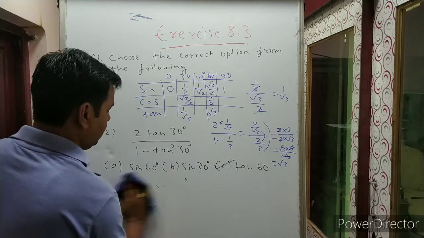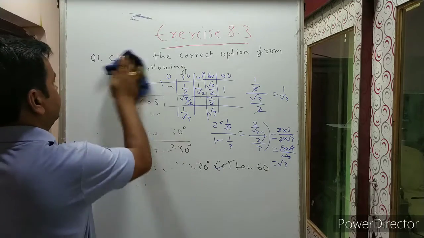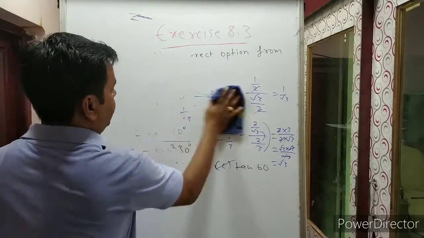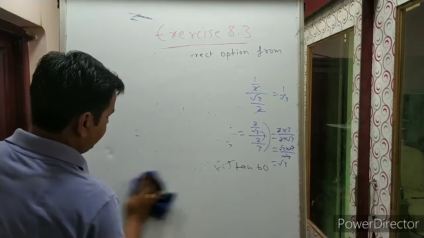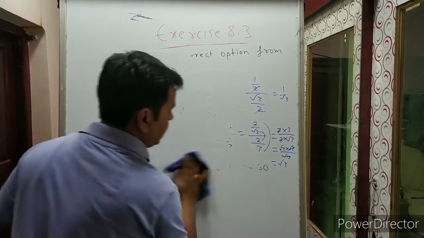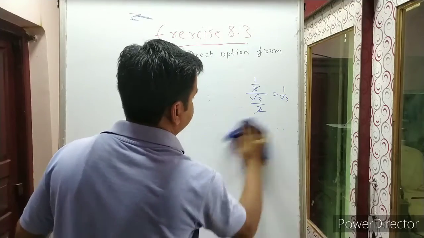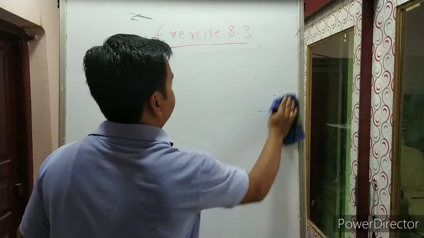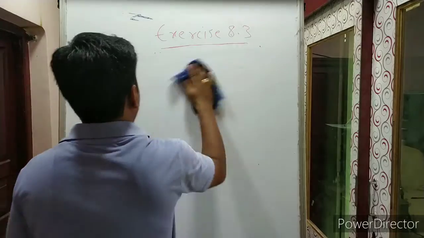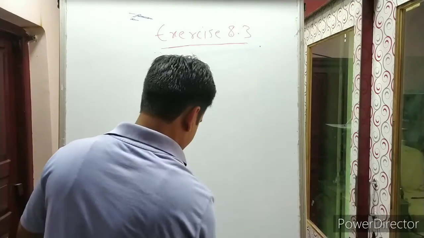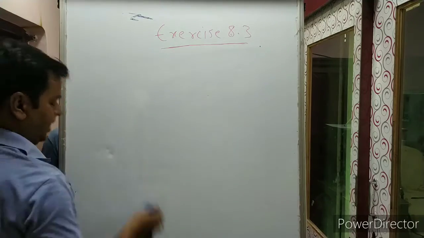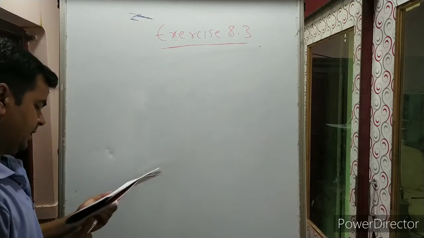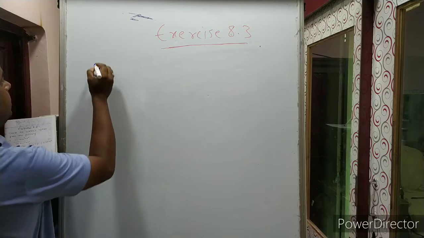Now let us move on to the next question. Okay. At the start you may find this value chart a bit difficult, but once you are familiar with this, you will be able to solve this question in a very efficient, very fast way. Okay? Do not worry at start. You will be able to solve all the questions. Let us take the question.